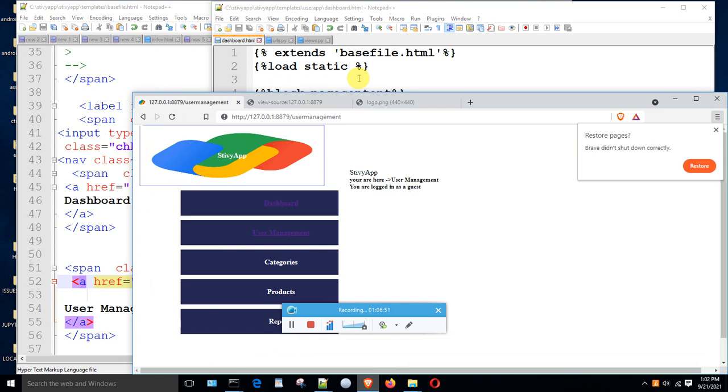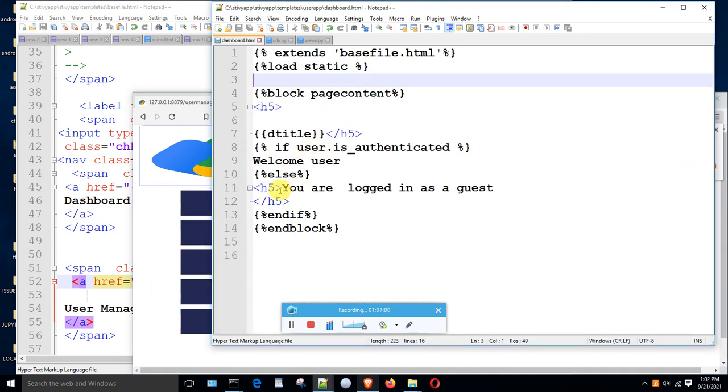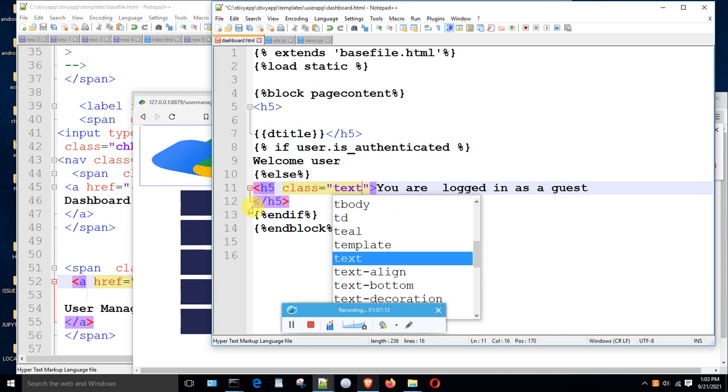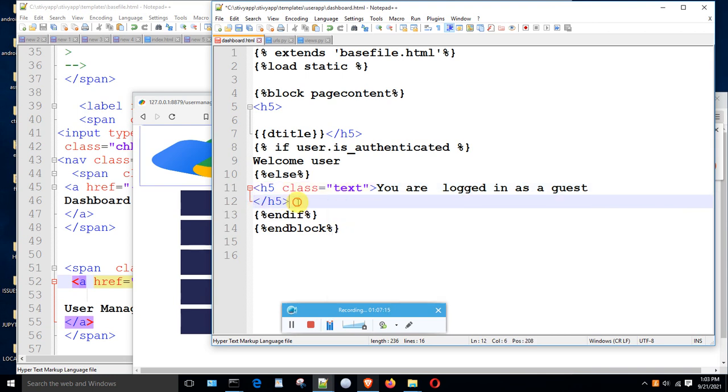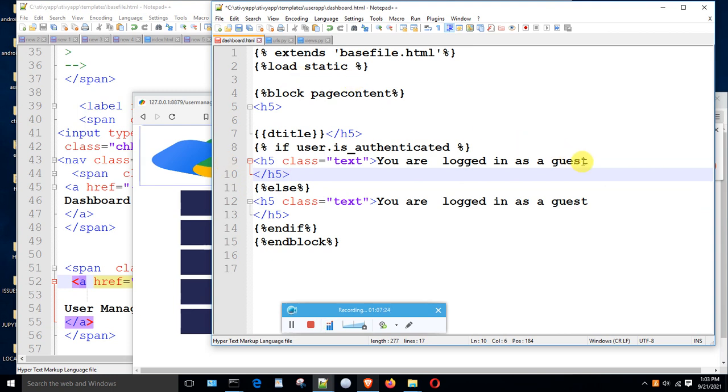Alright, what I want you to see is a conditional render. Let me make it big so you can see it. First of all, I'm going to give this a class. Let me just call it class equal to text. Then I'll take this from here, control copy, and put this one here. So I want you to see: you are logged in as user, then the username will be there. But what we want to do now is